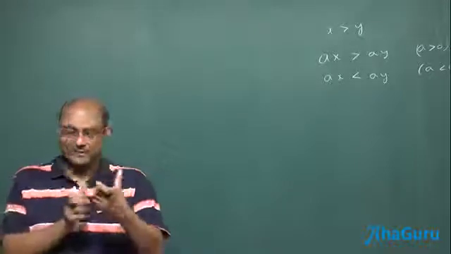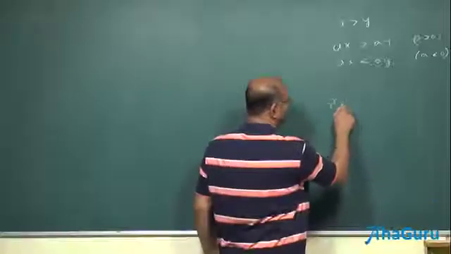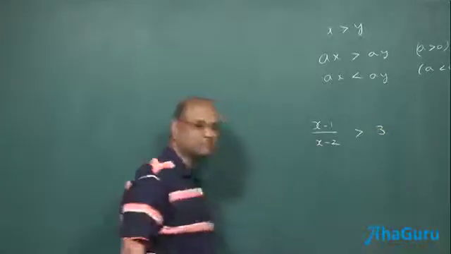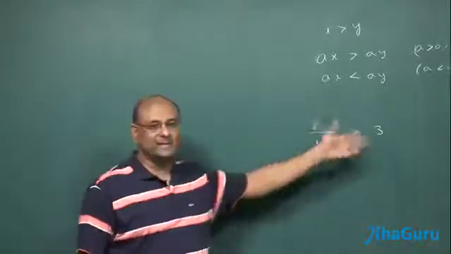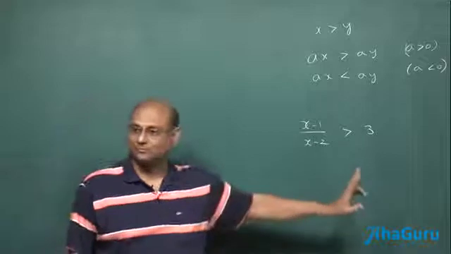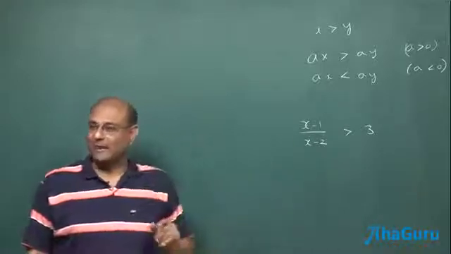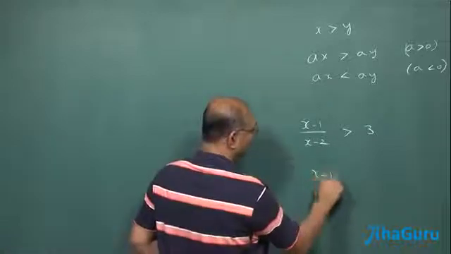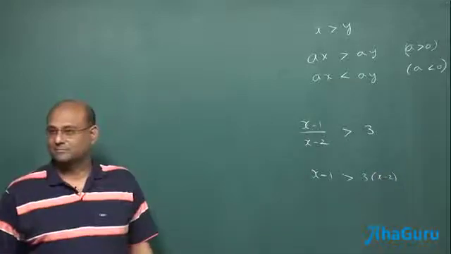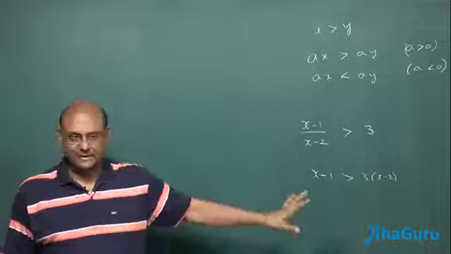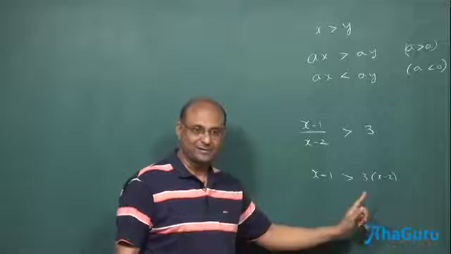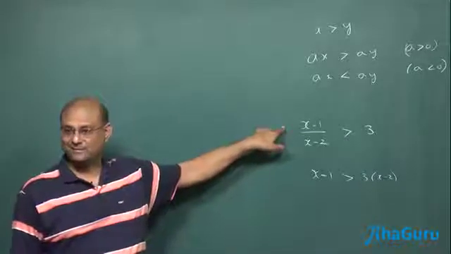So, for example, suppose I had (x minus 1) by (x minus 2) is greater than, let us say, 3. We assume that x minus 1 must be greater than 3 times (x minus 2). That's not true. Why? Because you have multiplied by x minus 2. And so when is the inequality valid? When does this mean the same thing as this? When x minus 2 is positive. Is the basic logic of this clear? Because you will end up getting some answer for this question, but that doesn't mean that is the answer for that question.